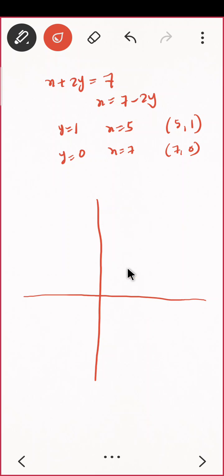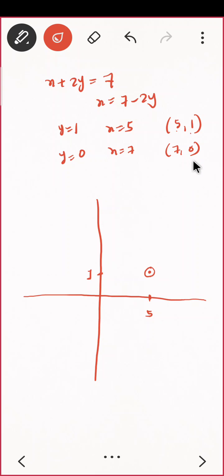Okay, let us draw this. So the first one is 5 comma 1. Suppose I am putting 5 here. You need to write it all: 1 2 3 4 up to 5, then 6, then 7. I'll just randomly say 5, and 1 will be somewhere here. So the first point will be this one. Do you agree, everyone? This is 5 comma 1. On the x-axis I am putting 5, and on the y-axis that is 1. So this is my first point.